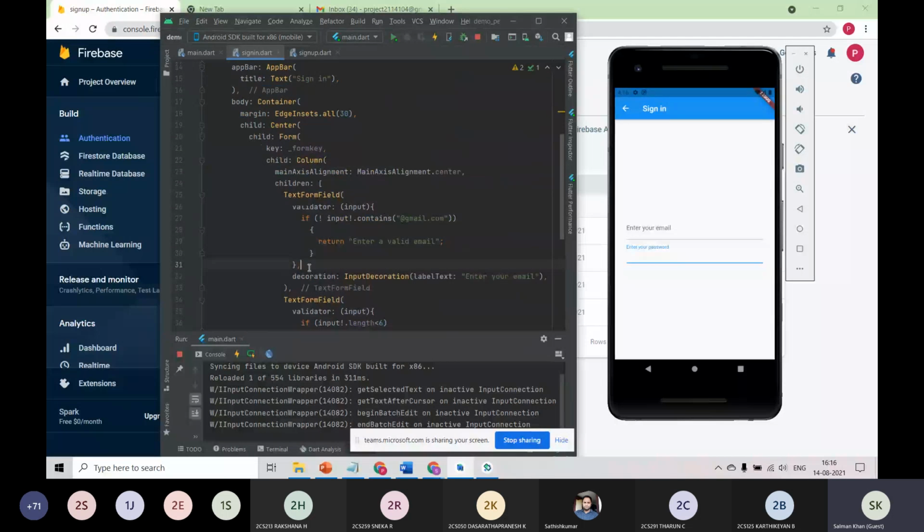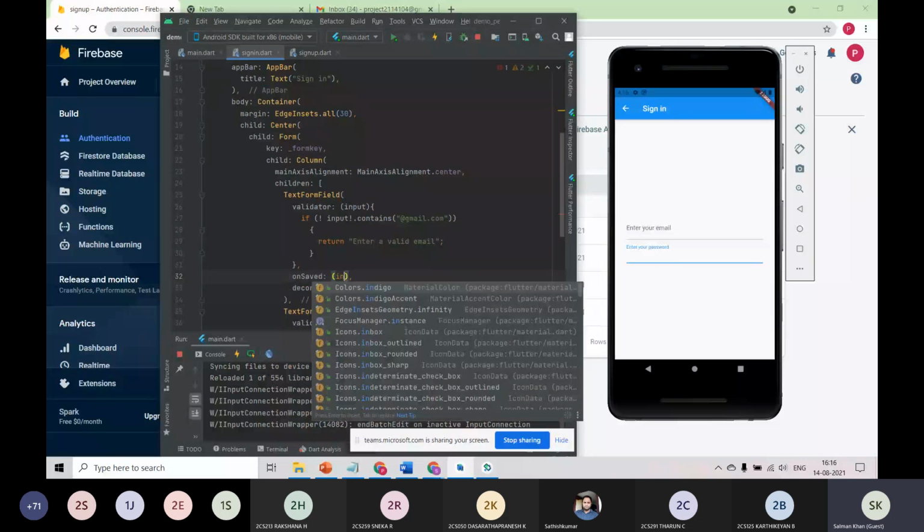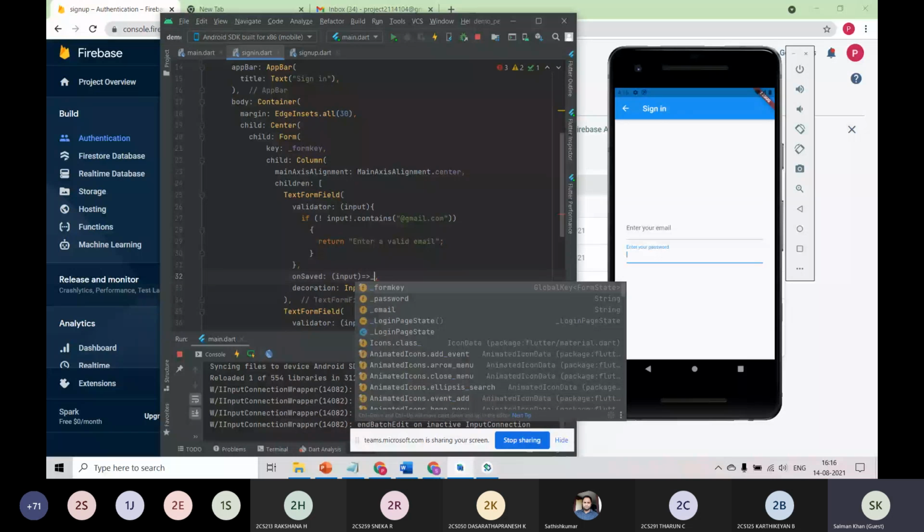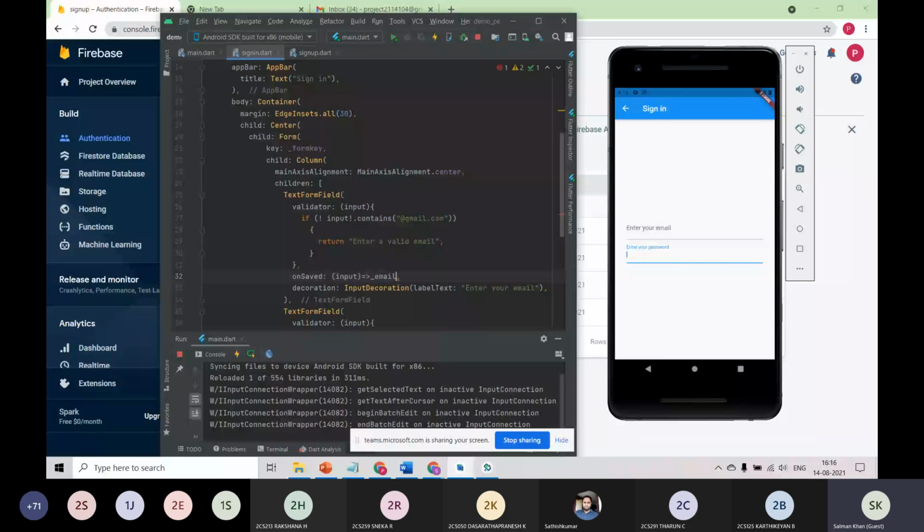If this input is right, a method called onSaved will be called automatically, in which you will store the value of the variable inside email. onSaved will be called only if the validator doesn't throw any error. So that is the main thing to be noted. I'll check.